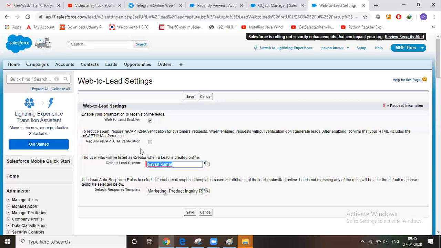So these are the ways you can generate the leads. Once we generate the lead, after 500, does it not save it in the system, and it only sends the email? It will not save in the system, right? Yes. As per my knowledge, it will not save. But yeah, I'll check and confirm it.